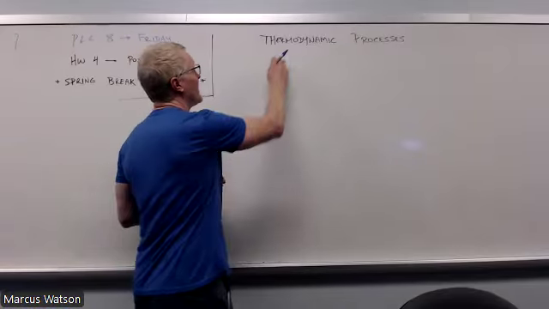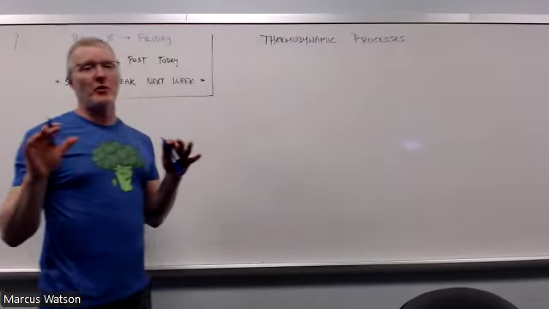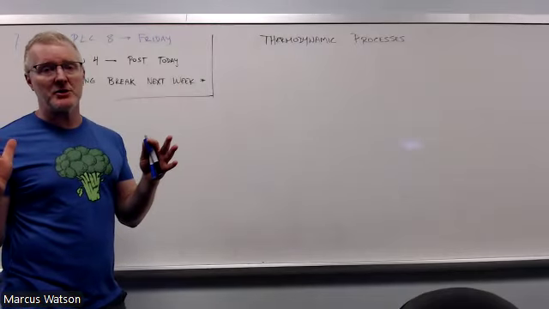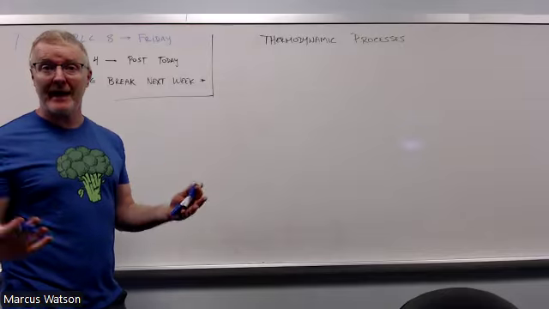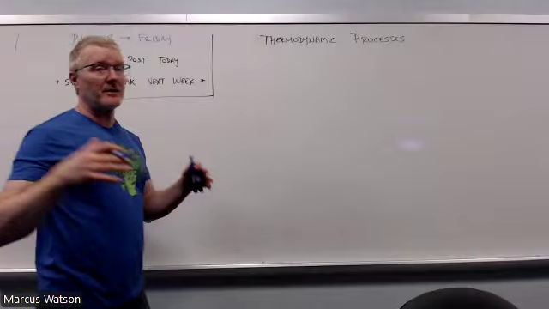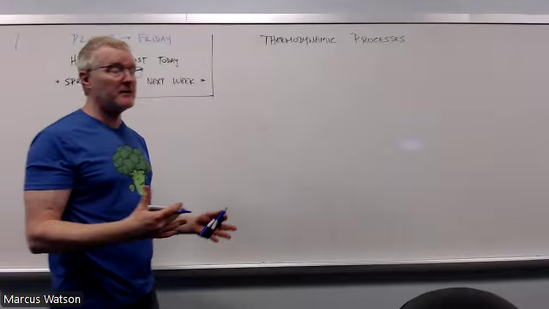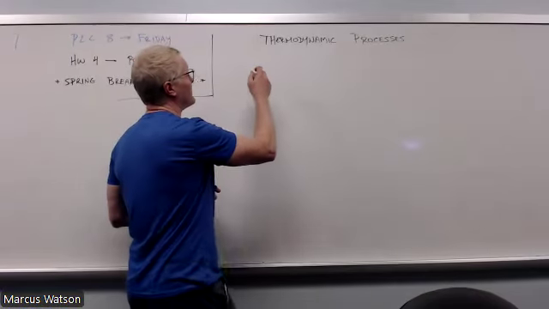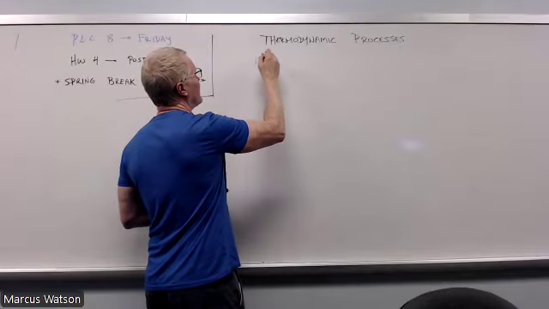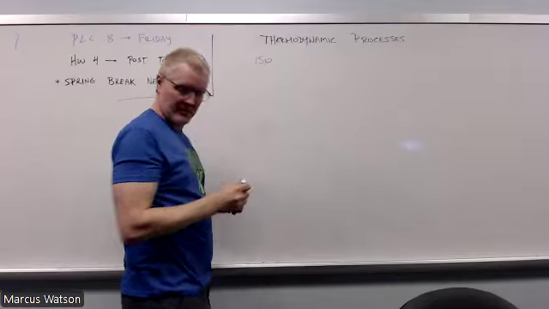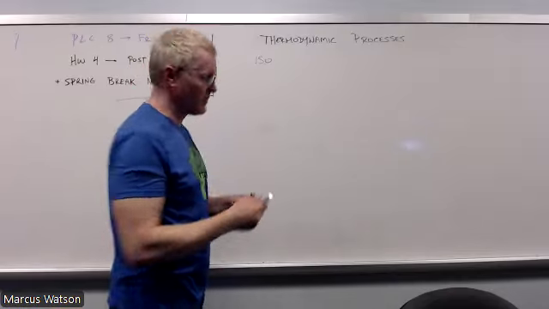Now, the reason we're doing that is because, like I said, for a lot of this stuff, when it comes to calculations, the backdrop is going to be the ideal gas. All right. Now, not all the time, but for a lot of the calculations, it will be. So looking at it from that standpoint,